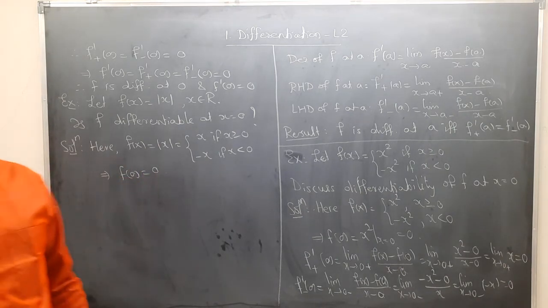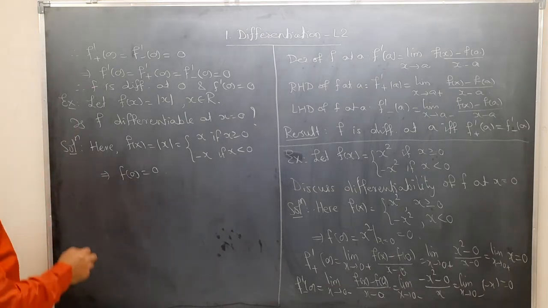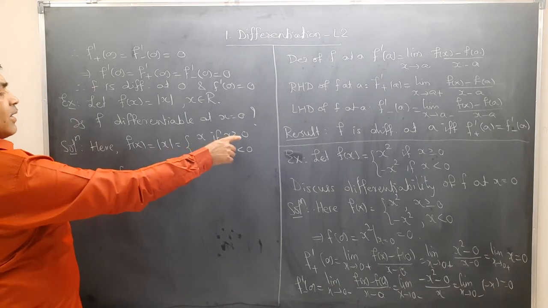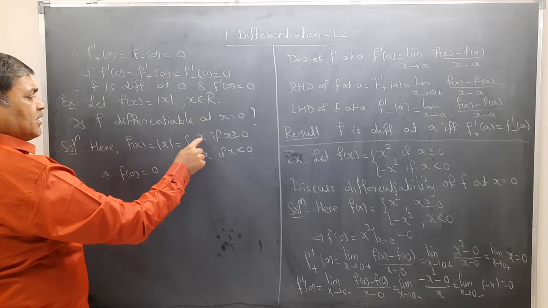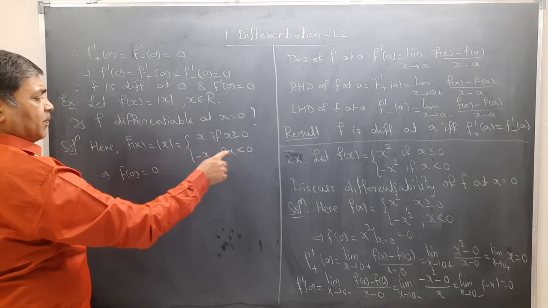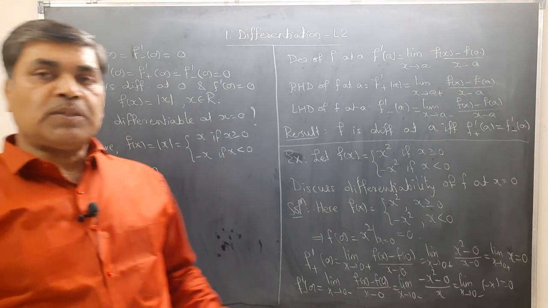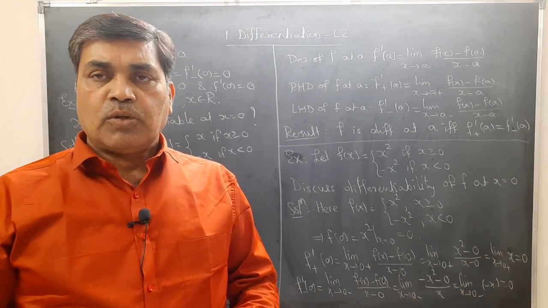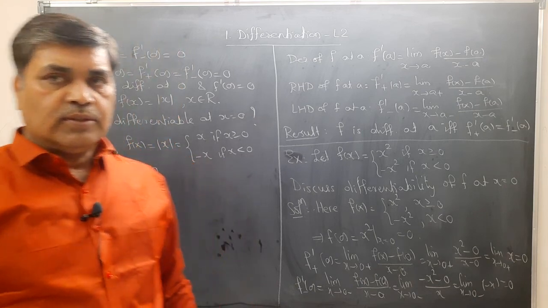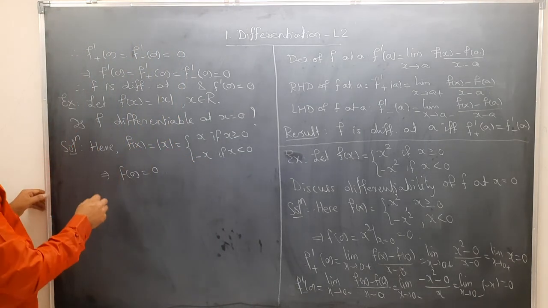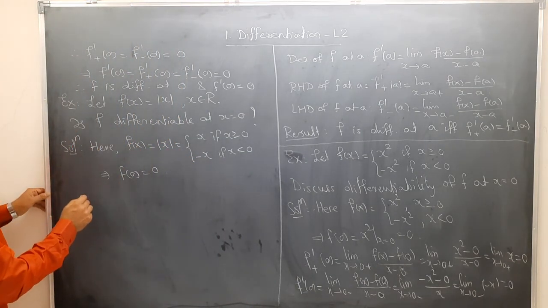Now on the right side of 0, f(x) takes x, for the left side of 0, f(x) takes minus x. And therefore, there is a possibility of getting different limits for the left hand derivative and right hand derivative. So we have to evaluate the left hand derivative and right hand derivative. So, by definition,